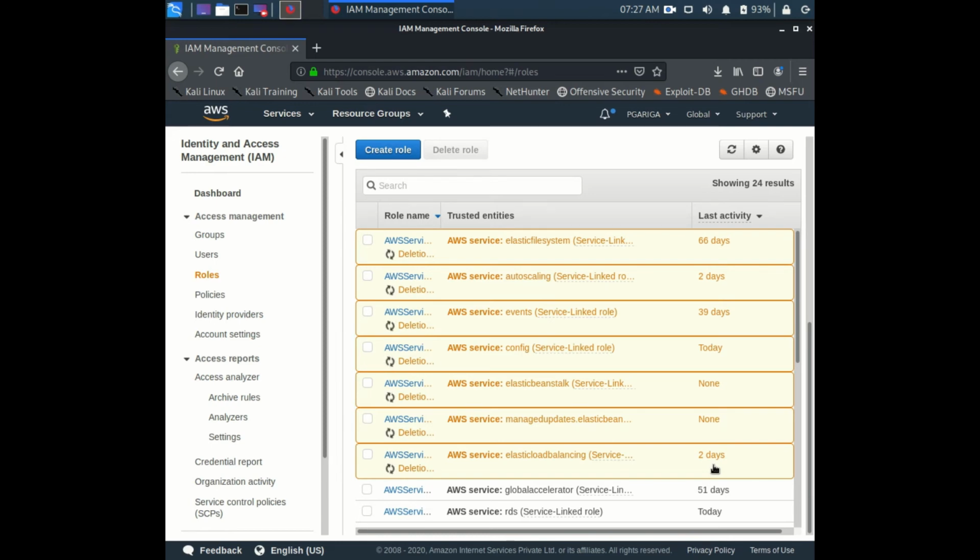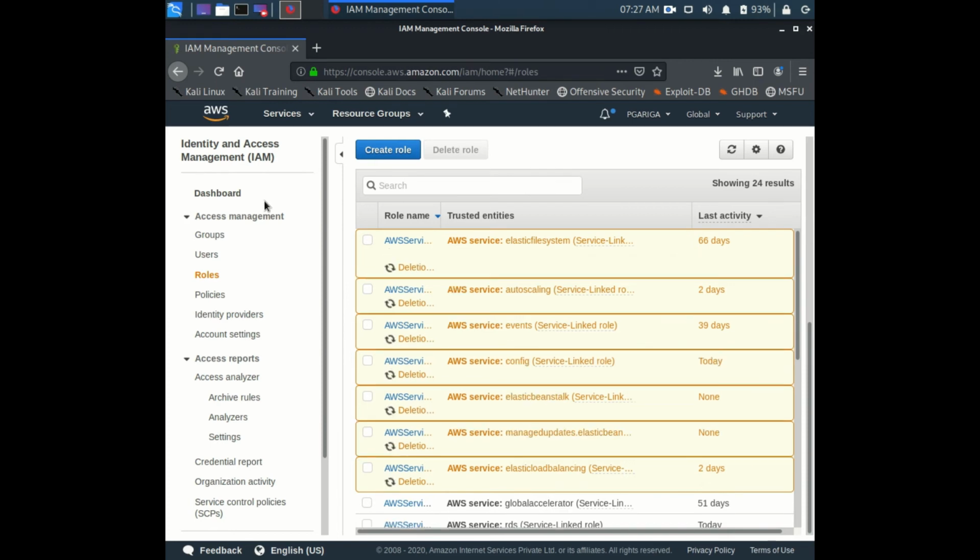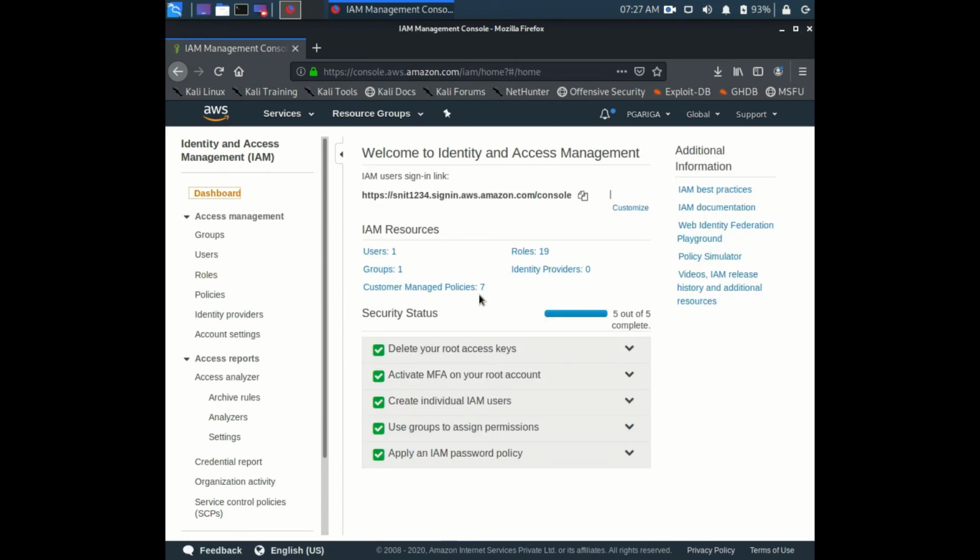So that's about IAM, and we have one more thing that needs to be set up. Let me show you that too. You can see all the boxes are green as of now, but once you log in to your account, there will be some options that need to be set up, like activating MFA on your root account.